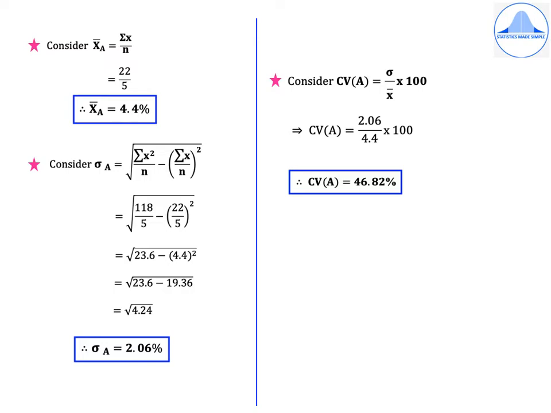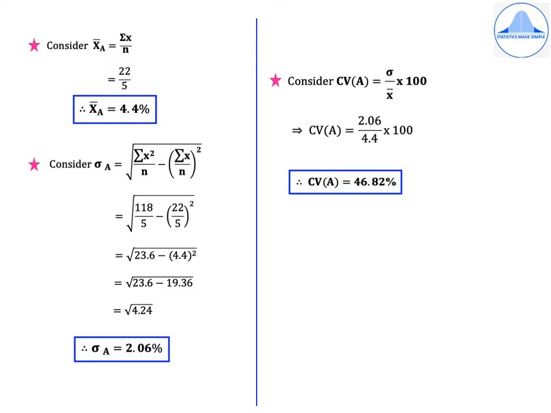So sigma A is root of summation x squared by n minus summation x by n the whole square. So here you have to choose carefully summation x and summation x square only for company A. So you will get a root of 118 by 5 minus 22 by 5 the whole square, which is equal to root of 23.6 minus 4.4 the whole square, which is root of 23.6 minus 19.36, which is root of 4.24. So you get sigma A equal to